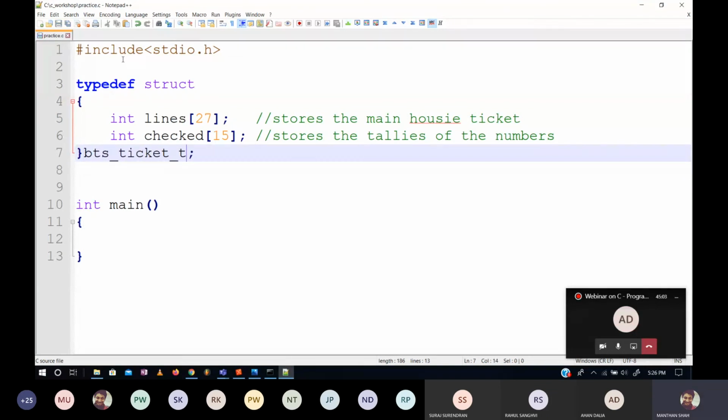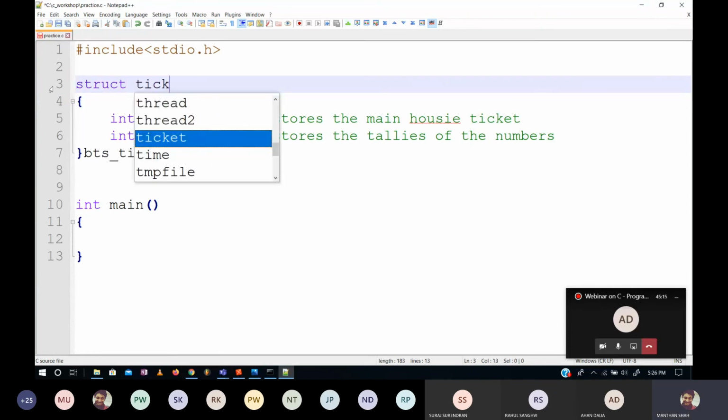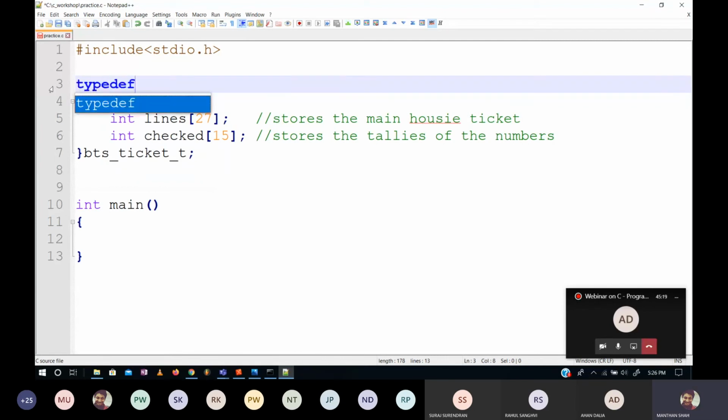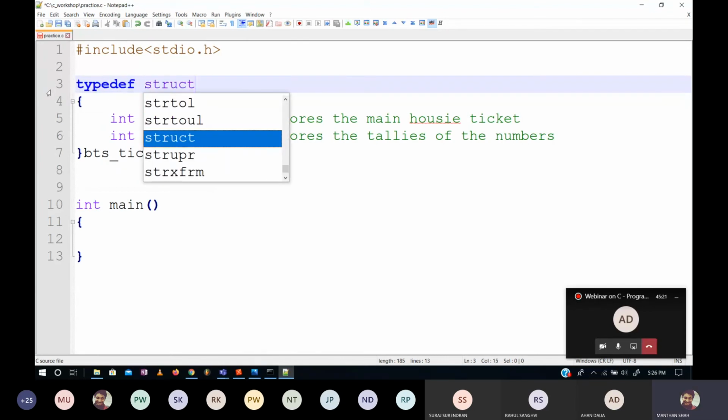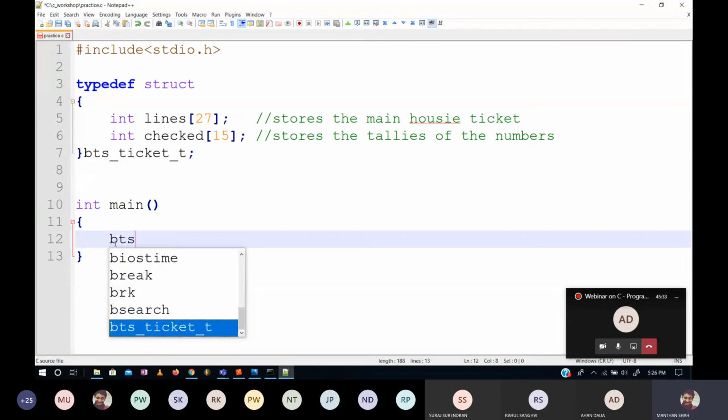Now this is a naming convention here. Typedef is a keyword जो compiler अपना recognize करता है. What it basically does is, rather than writing it as struct ticket or something like that, I wrote it as typedef struct and I wrote it in this format. What this does is कि पहले वाले में जैसे मैं struct करके वो structure का नाम लिख के लिखता था, इसके बदले I can use this thing that I have written, ये जो नीचे जो लिखा है, I can use this as a data type like int or char or something.